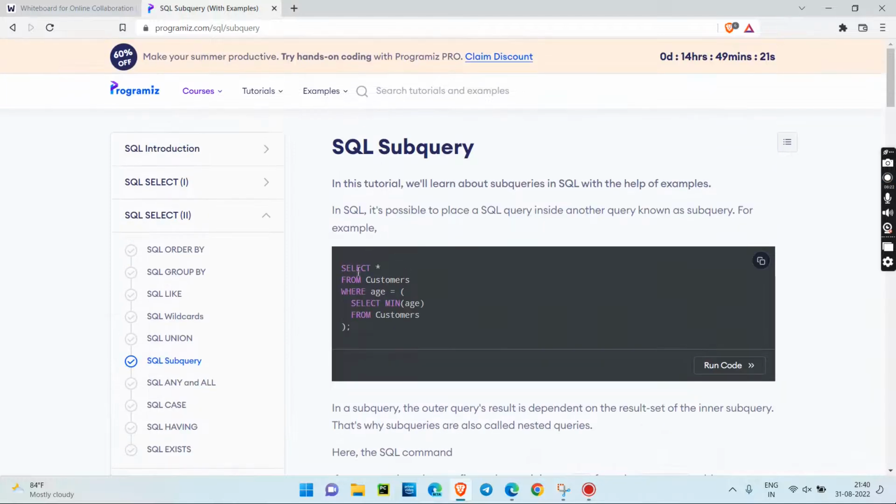For example, let's see this query. Don't see anything else, don't think about the question. Just see this query: select star from customer where age is equal to select minimum of age from customers. Tell me what this query is doing, if you can. It is showing the records from customer with the minimum age. Select star means all data from customer, for where age is equal to